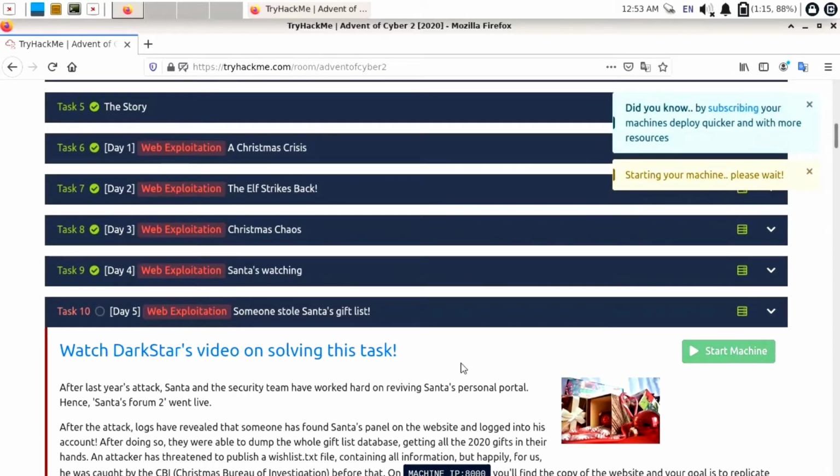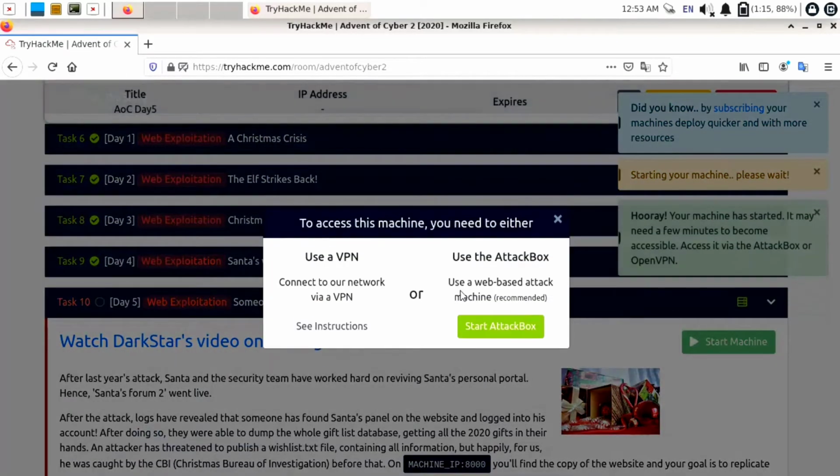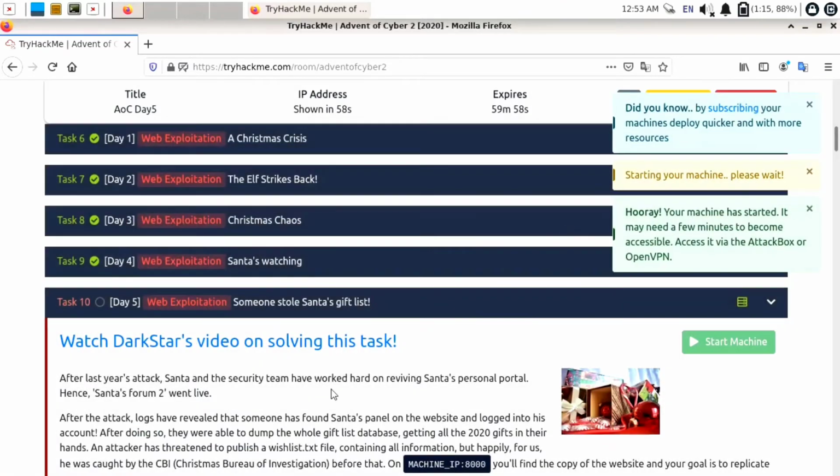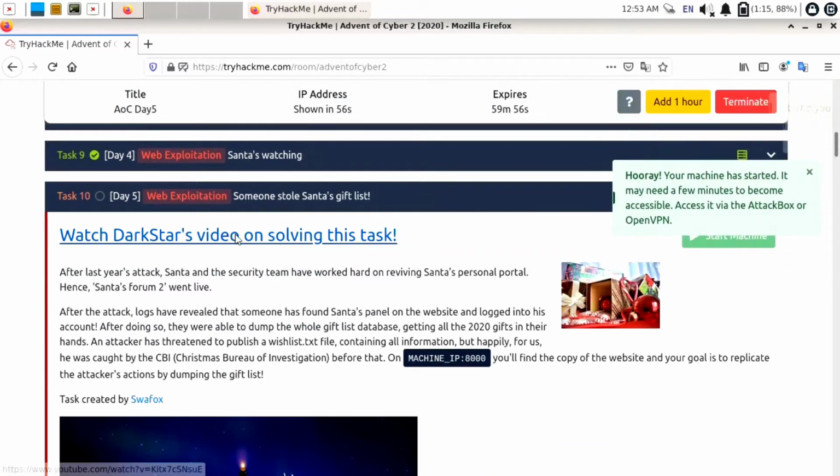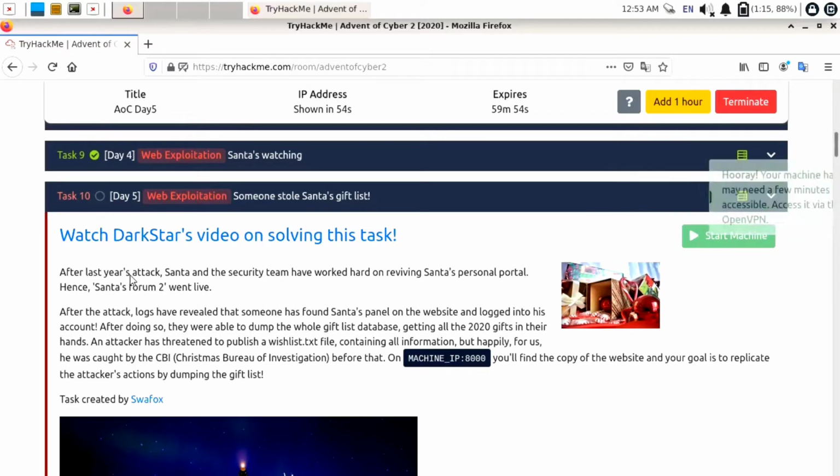First of all, I will start this machine, and there will be one pop-up box to connect to this machine. I will just close this pop-up box and read the description. Watch Dark Star's video on solving this task. After last year's attack, Santa and the security team have worked hard on reviving Santa's personal portal, hence Santa Forum 2